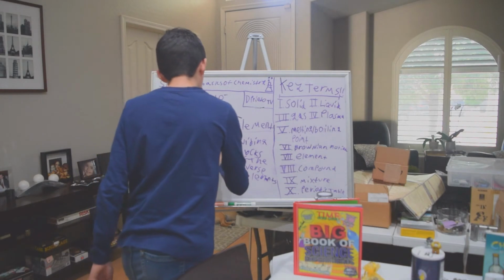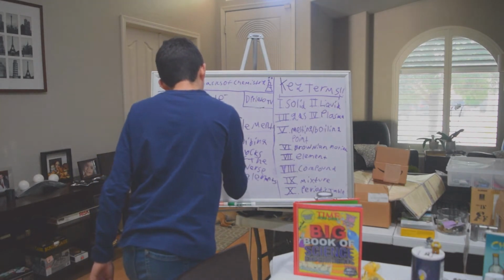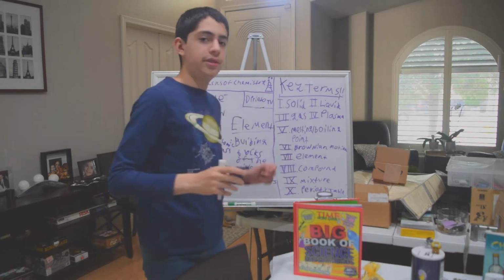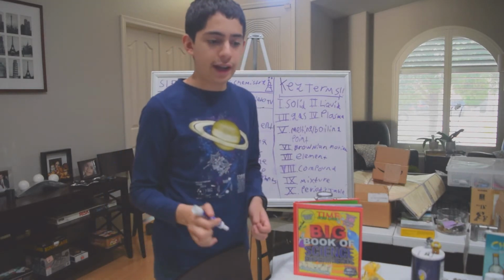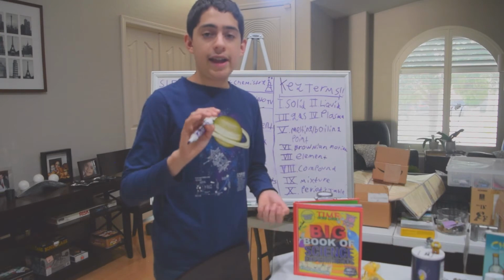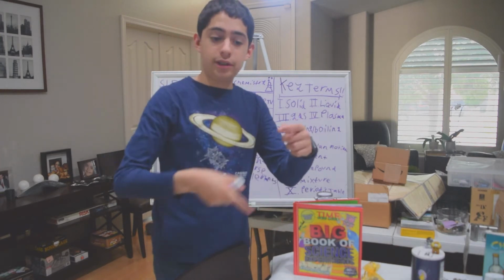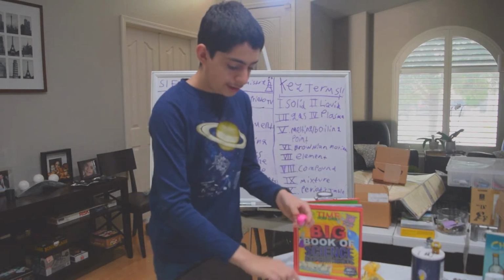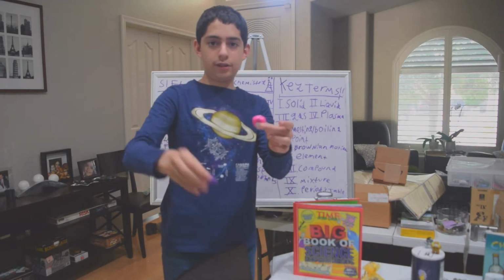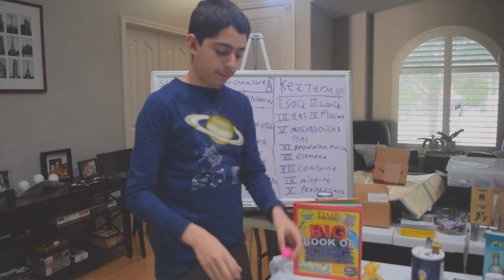That is the atomic mass. The atomic mass is the nucleus. So if you know, the nucleus of an atom is the protons and the neutrons, not the electrons. The electrons, so if you see here, the electrons orbit the atom.